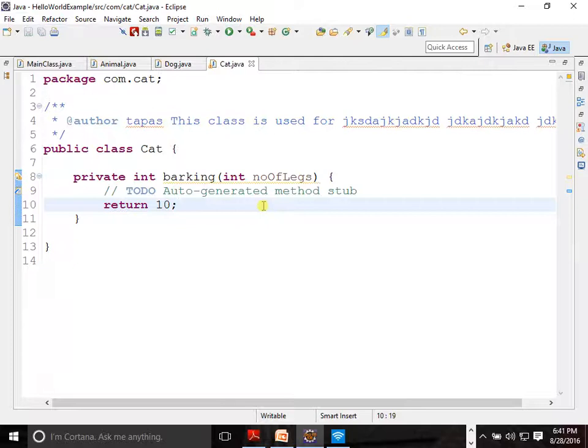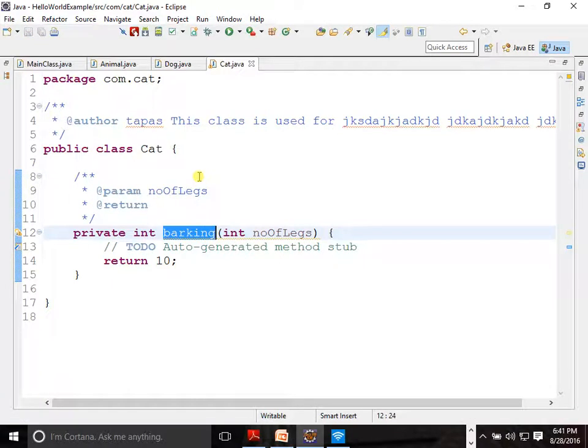Now if we create this particular Javadoc, see how it comes. It will automatically pick up your return and params. What is params? Params is nothing but the parameter we are passing here. And return is nothing but what you are returning. Here you can say it returns, I mean, anything.